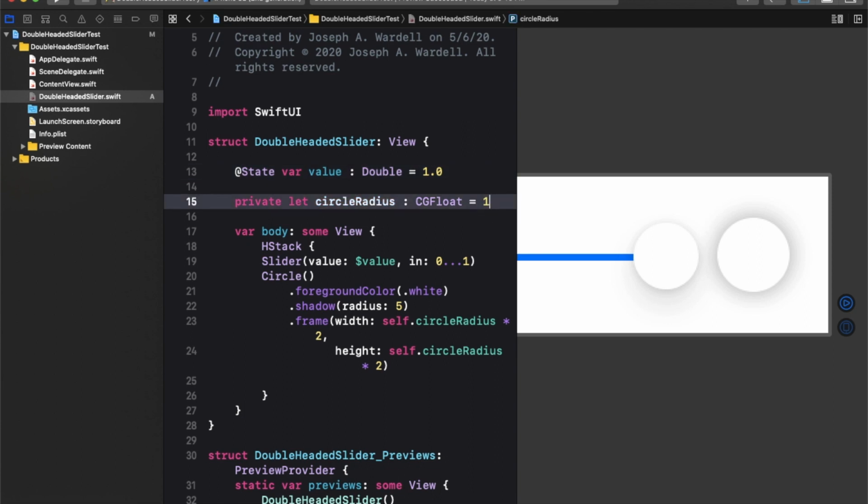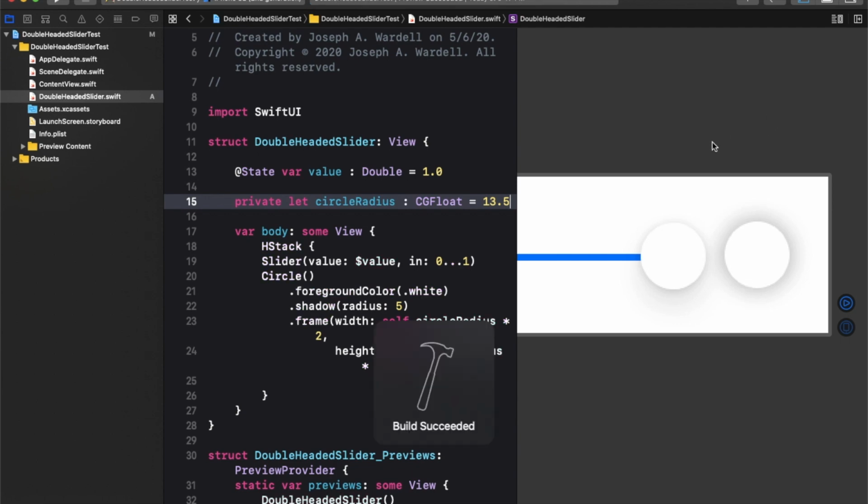Let's try circle radius of 13. I think that's as good as we're going to get. Maybe 13.5? Oh, that might be it. Okay. All right. The shadow isn't quite